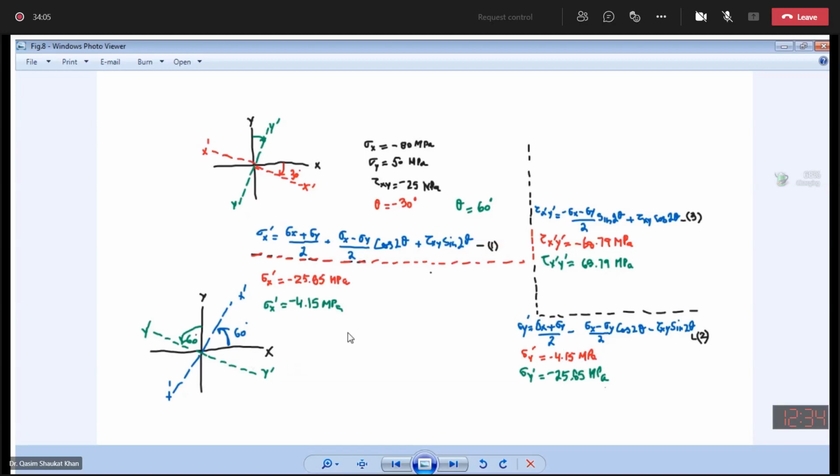So in the book, they had asked you just to calculate the normal and the shear stresses at 30 degrees clockwise, but we have also calculated it at theta 60 degrees counterclockwise. So the difference of these two angles is 90. That's why your x dash axis and y dash axis are interchanged with the y dash and x dash axis respectively. Fine. So over the same plane, you are getting the same value of the normal stress. Fine.